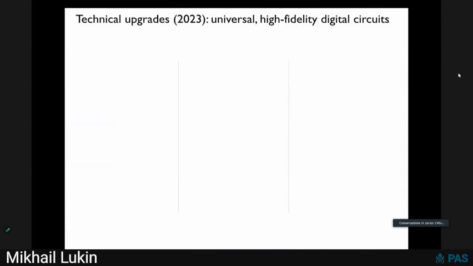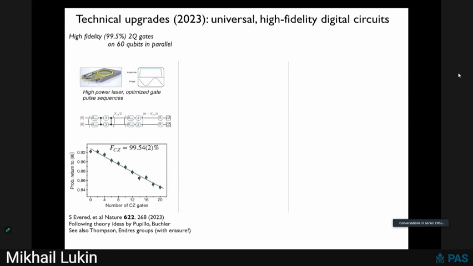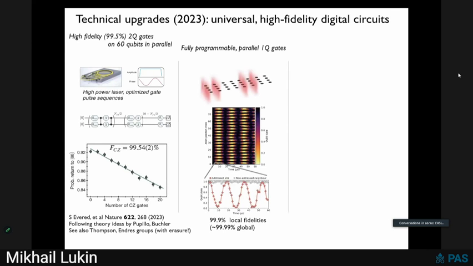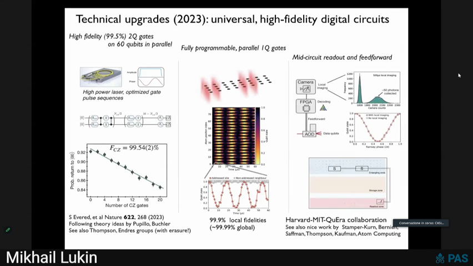So to use this approach to do a serious error correction experiment, we had to do technical upgrades. I'm not going to talk about them in detail, but we now have fairly high fidelities for 2-qubit gates. We also have arbitrary programmable parallel single qubit gates, also with quite high fidelity. And we also can now measure atoms mid-circuit, during the computation process, by simply taking some atoms and moving them into a separate zone where we can image them and preserve the atoms which are not in this image zone, and image atoms in this image zone with very high fidelity.